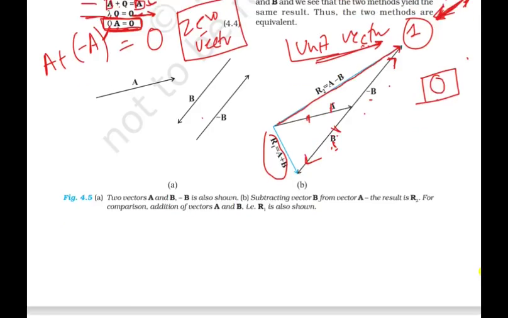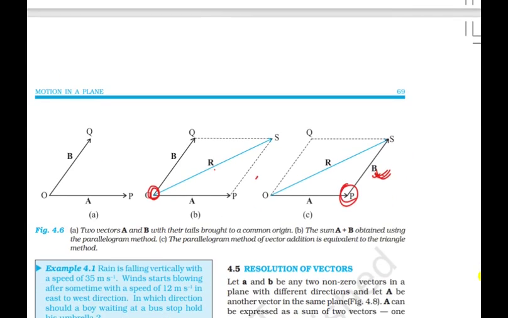As I told you, here we can see that the head is connected with the tail. This is the triangle law, and what we have seen here is tail with tail. This is the parallelogram law. Hope you got it. In the case of the parallelogram law, we connect the tail of a vector with the tail of another vector, and in the case of the triangle law, we connect the head of a vector with the tail of another vector, and simply we will get the resultant. Here the resultant will be the same. So